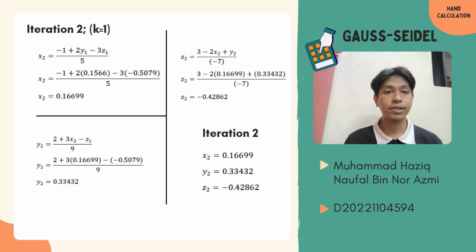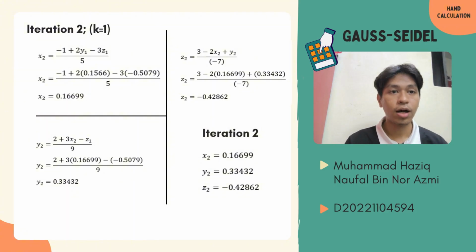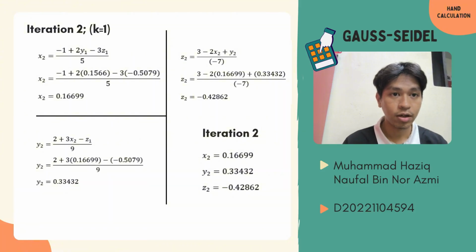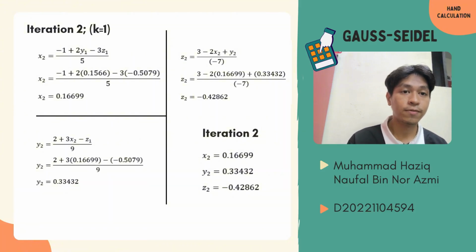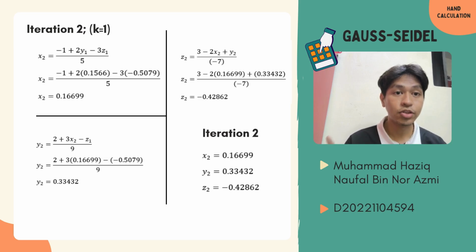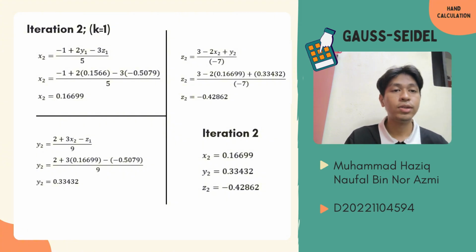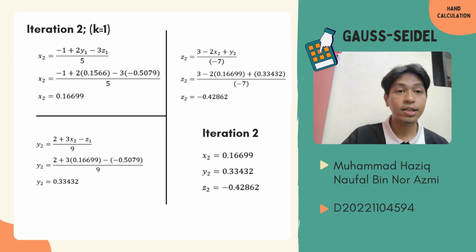Next, the same goes for the second iteration, which is k equals 1. For x2, we substitute y1, which is the y that we got in the first iteration, and the same goes for z. We use the z that we got from the first iteration, so we substitute into the x2 equation, and we will get x2 equals 0.16699. And for the y, we substitute the x from iteration 2, but the z1 is from iteration 1,